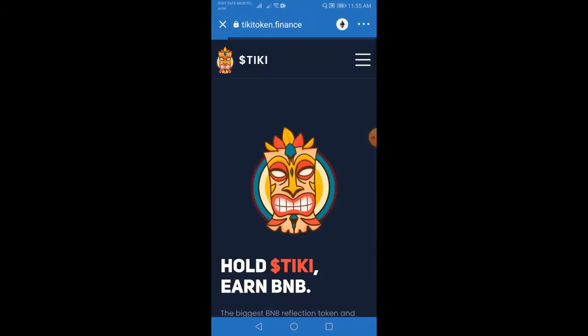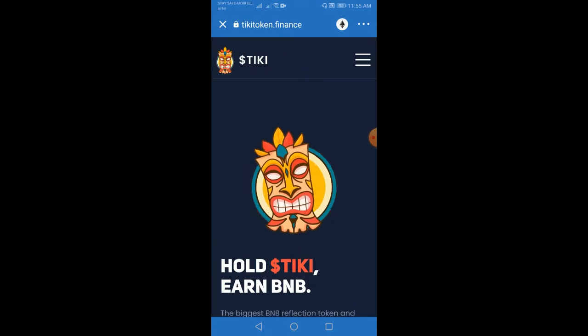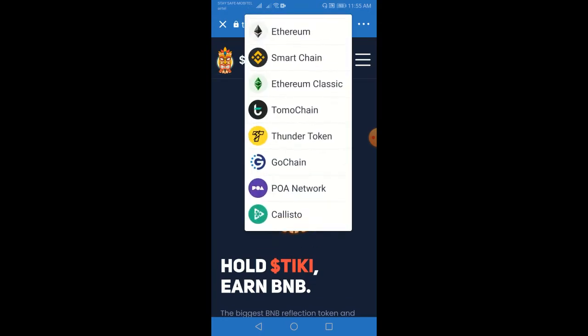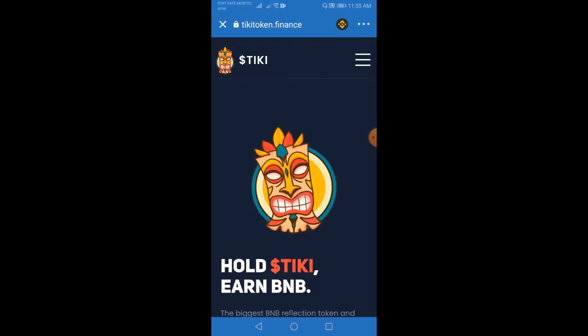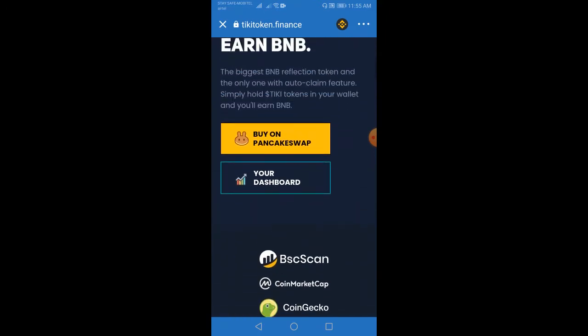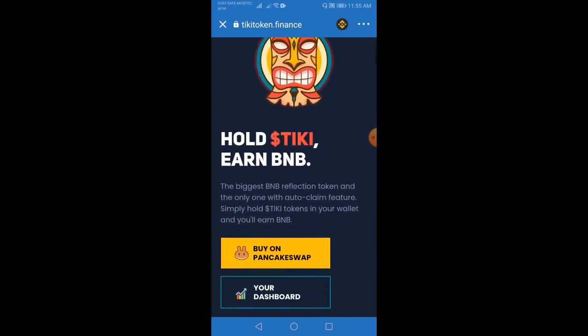After that, you will be redirected to the Tiki token finance website. Switch to the smart chain. After that, you can see the official website. Click on your dashboard.